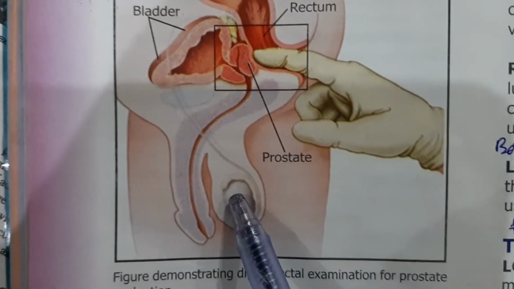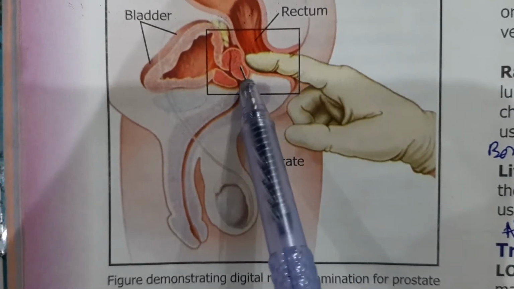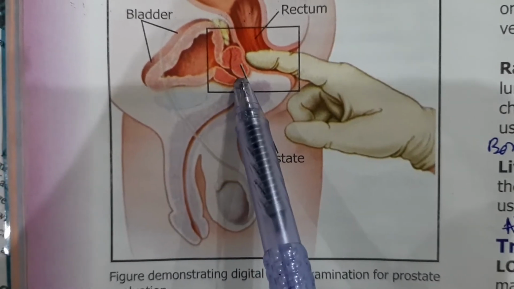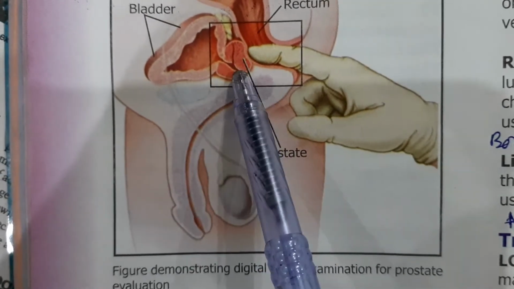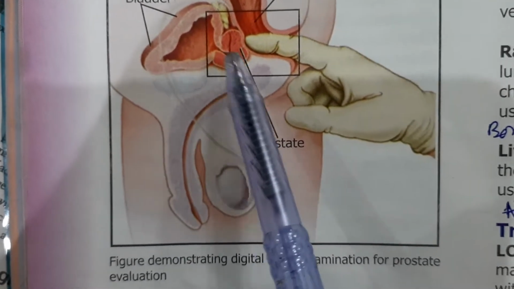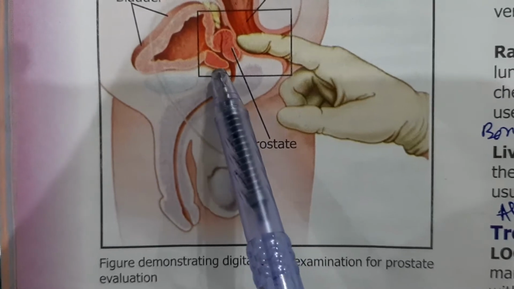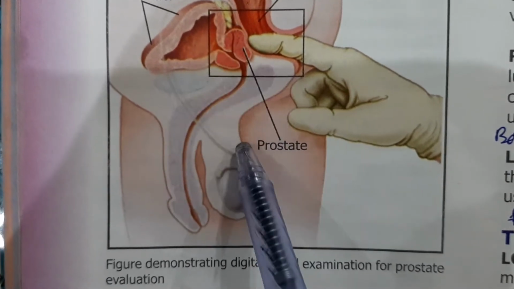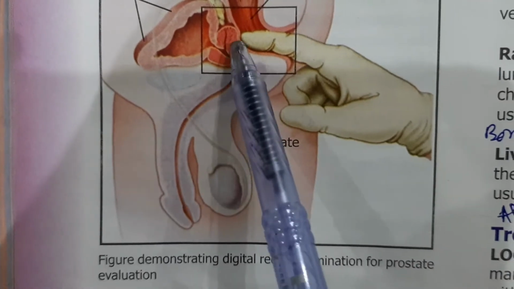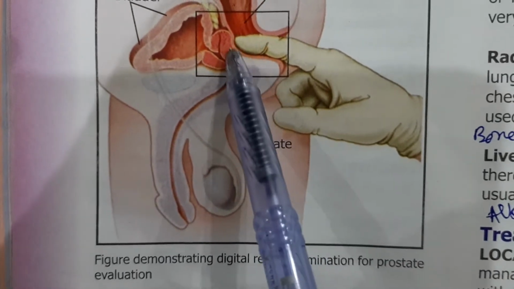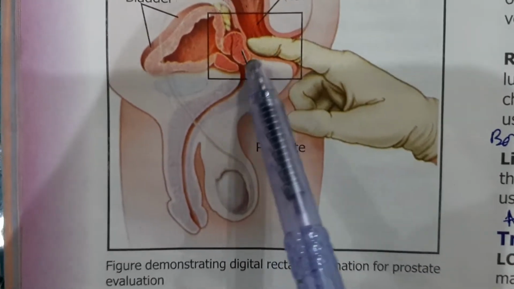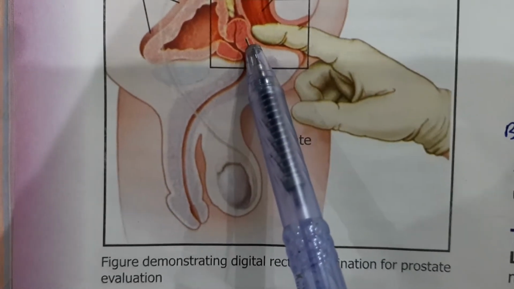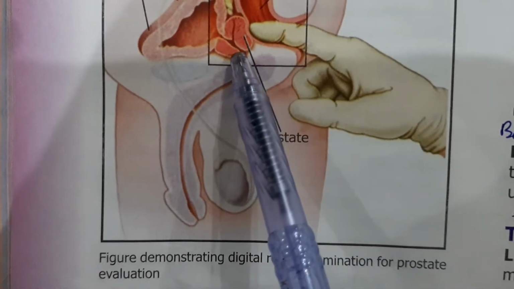On digital rectal examination, the size and surface of the prostate is assessed. It may be nodular, stony, hard and craggy, with obliteration of the median sulcus and fixation of the rectal mucosa. Rectal mucosa generally is freely movable on the prostate. If there is fixation of the rectal mucosa, all are the features of the prostatic carcinoma.